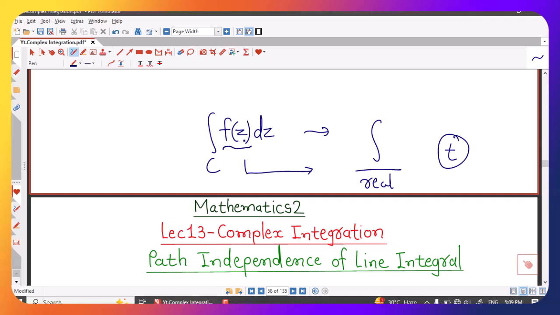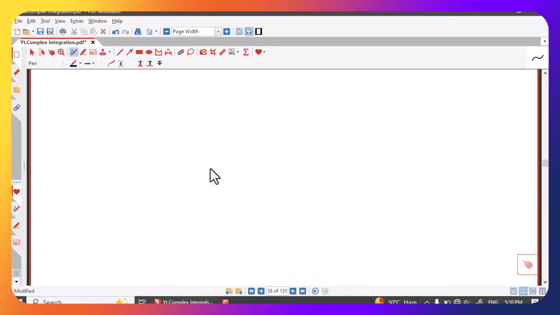We convert our function f of z from two variables x and y to a single variable, and then accordingly we convert our complex line integral into real integral. So that is the first part, or we can say that is the first method for evaluation of complex line integrals or contour integrals. And in that method we have seen that suppose we have 2 points, say z1 and